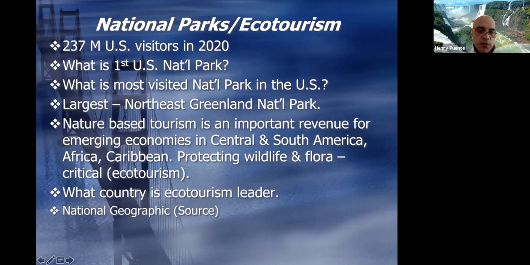So again, Costa Rica is the ecotourism leader. You see how it benefits from its topography and volcanoes and the cool oceans and all sorts of things. But part of the reason that it's an ecotourism leader is because the government, as well as the citizens, decided to actually make this a priority. And without them making it a priority, Costa Rica never becomes an ecotourism leader.